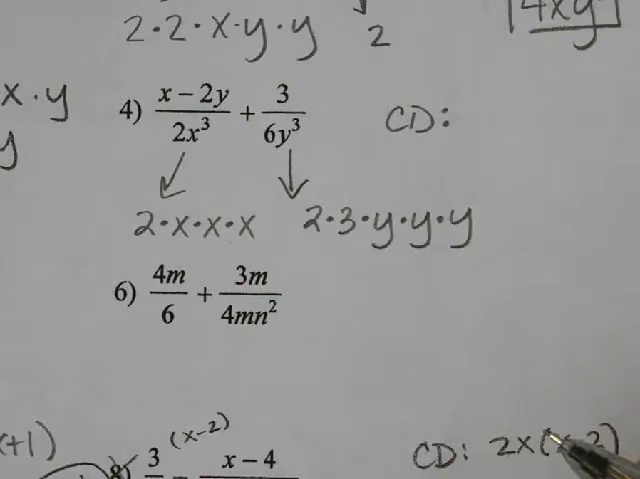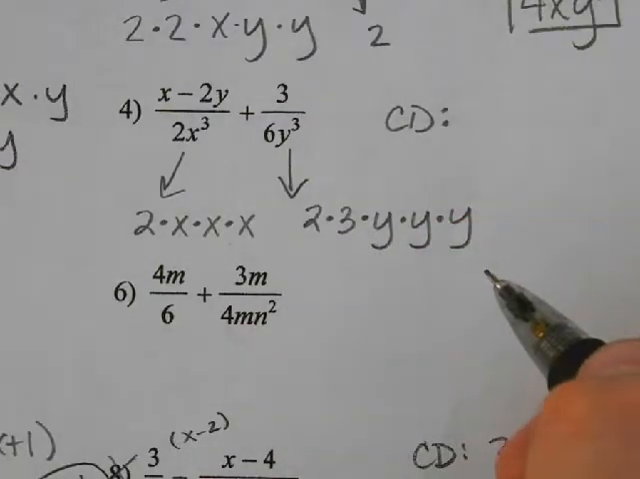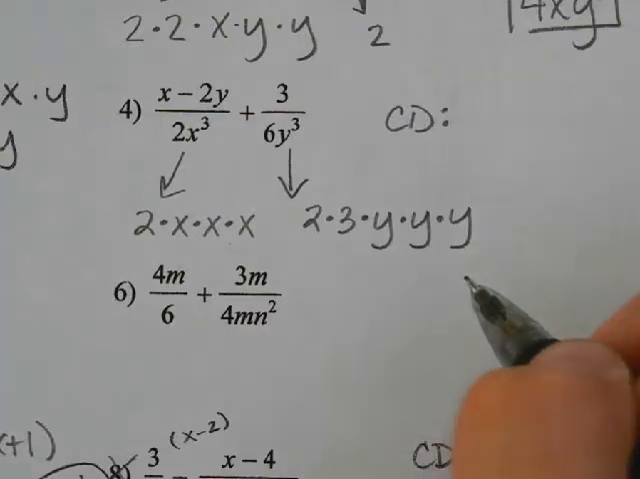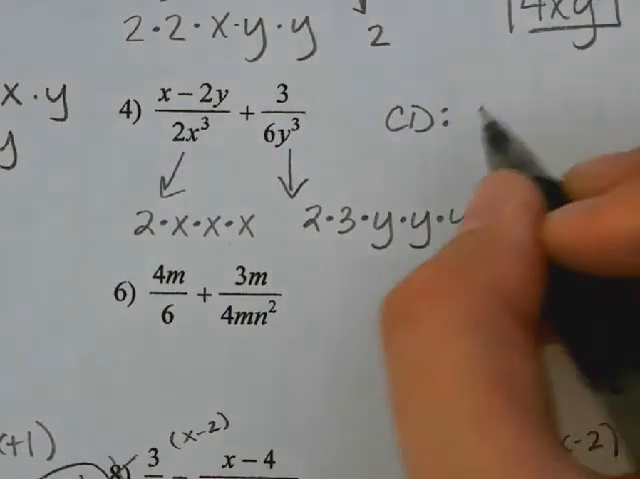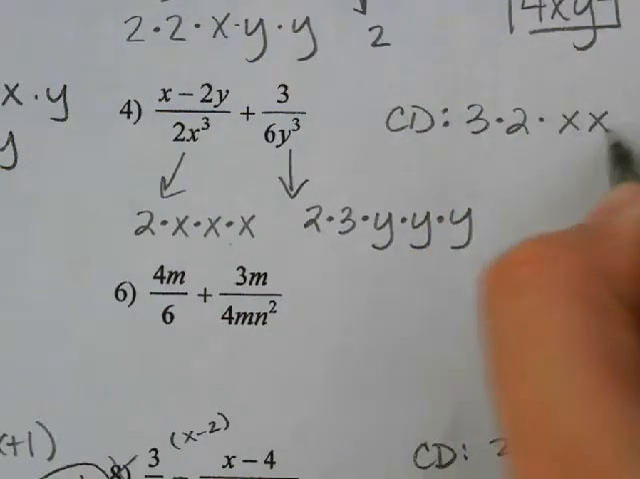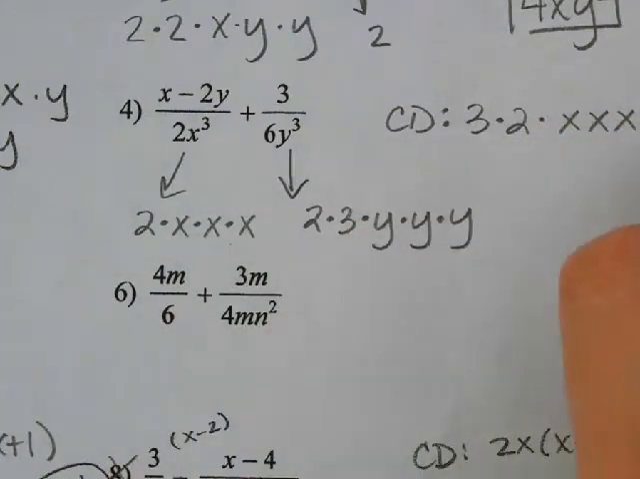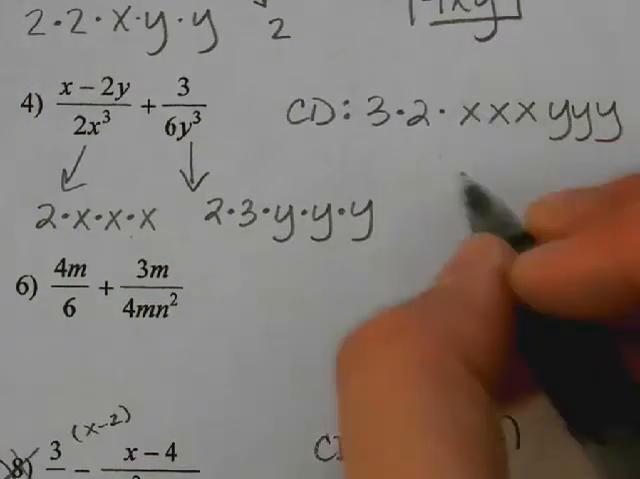Anyone want to share what pieces you got? What little factors? So for 6y, I got 3 times 2. Okay, so what did you do for your common denominator? I put 3 times 2 and then 2 times x for the third. Okay, so x, because we had 3 of them. And then y. Okay, so we're writing all those out. 6x cubed